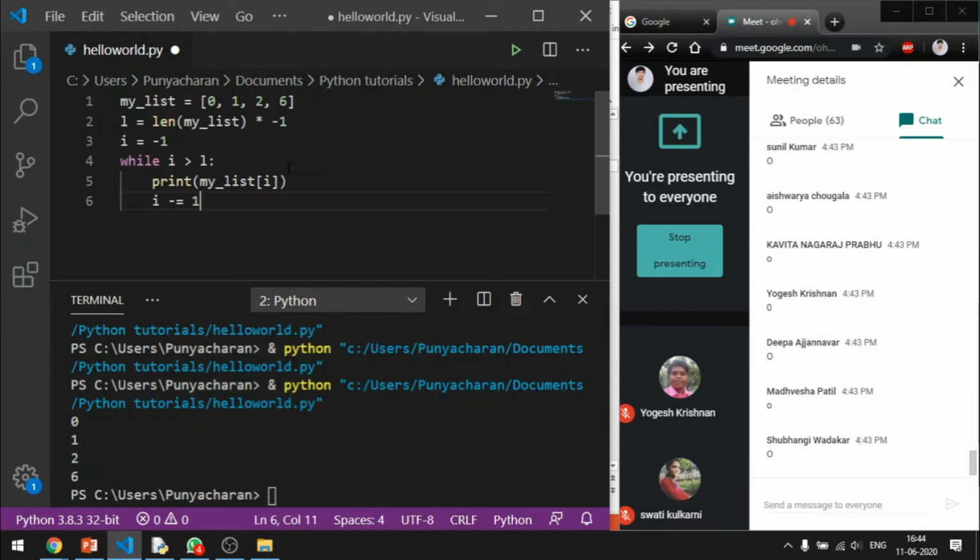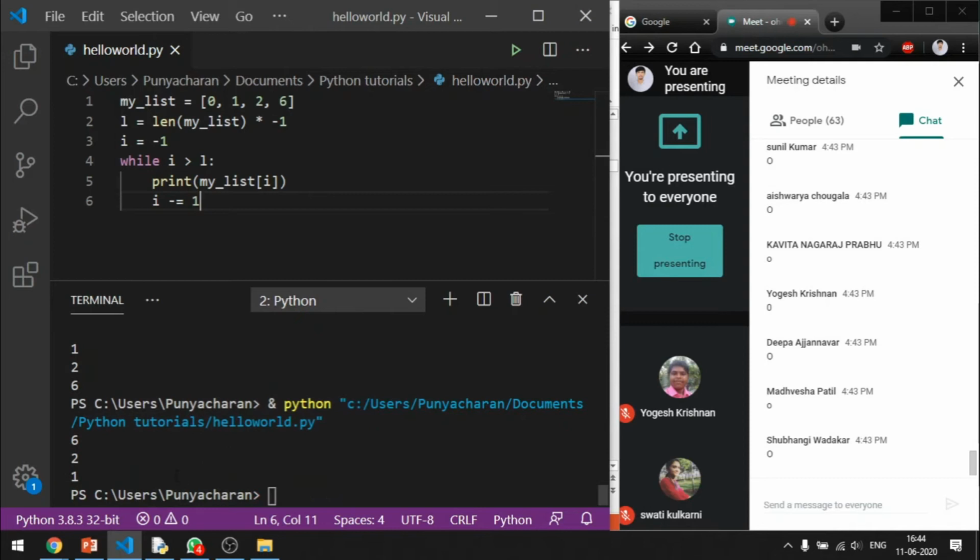Make sure you decrement i. This is very confusing, people. Make a note of it. Okay, greater than or equal to.